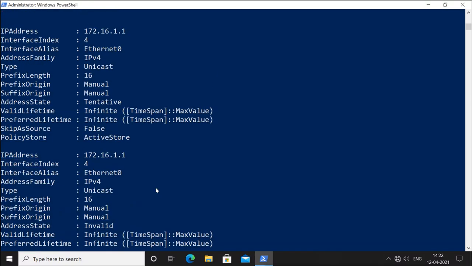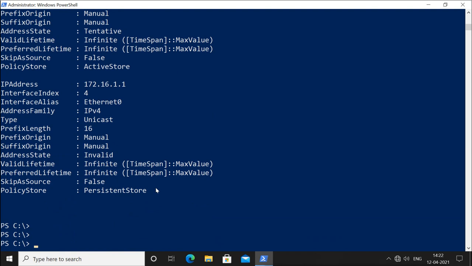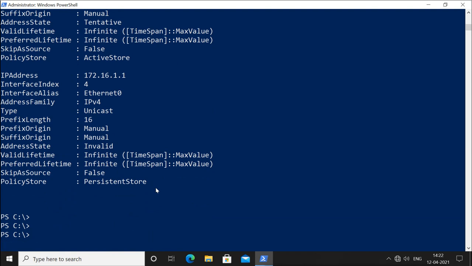If we want to configure the DNS server address, we can also do that with Set-DnsClientServerAddress, InterfaceAlias, that is Ethernet 0, then ServerAddresses.